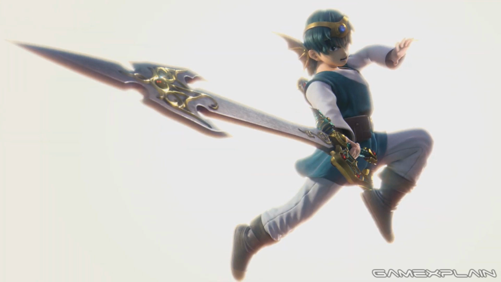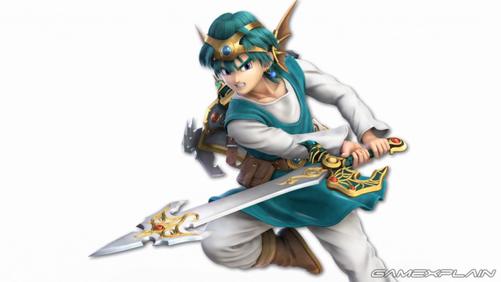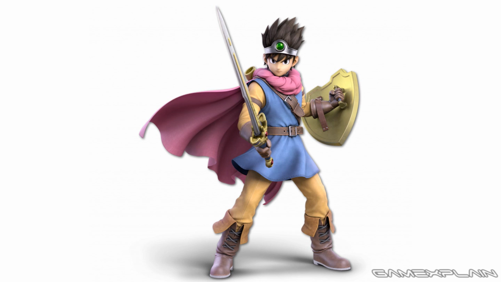Next is the hero from Dragon Quest IV, who we'll refer to as 4, and he's equipped with the legendary Zenithian sword and shield. Notably, he's also wearing an accessory from the game, the Slime Earring, which we'll mention again soon. The final hero is the legendary Erdrick from Dragon Quest III, who's equipped with the Sword of Kings, which